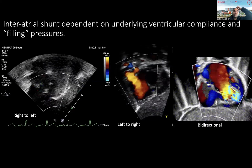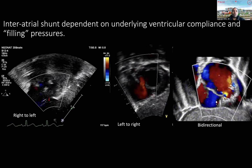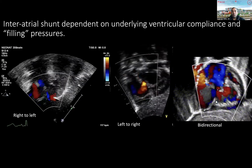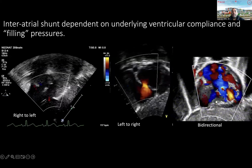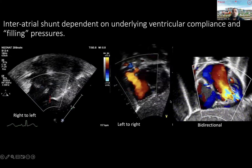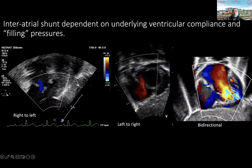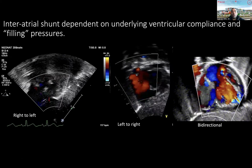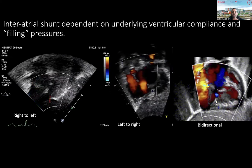When we look at the inter-atrial shunt, as you remember, we mentioned that the inter-atrial shunt directionality depends on the compliance of the underlying ventricles. So here you have a full right to left, here full left to right, and here bidirectional. Very common to see bidirectional left to right in the first few days of life. You're not going to see this in a normal situation. So you have to start thinking about other diagnoses. And depending on the amount of volume that is shunted, it will have a more or less profound impact on